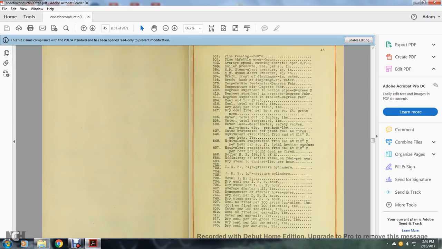639 dry steam to the engine in pounds per hour, 723 IHP high pressure cylinders, 724 and 725 IHP low pressure cylinders, 328 total IHP, 734 dry coal per IHP hour, 736 dry steam per IHP hour, 487 average drawbar pull in pounds,